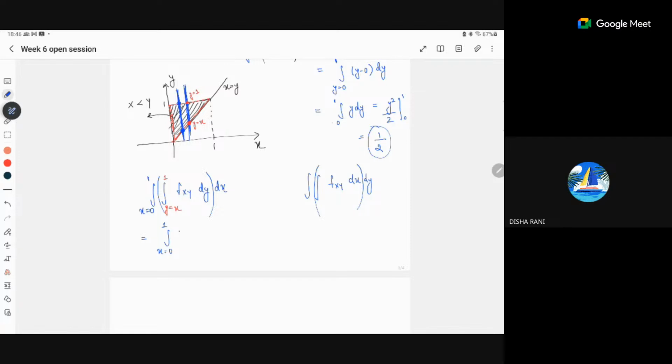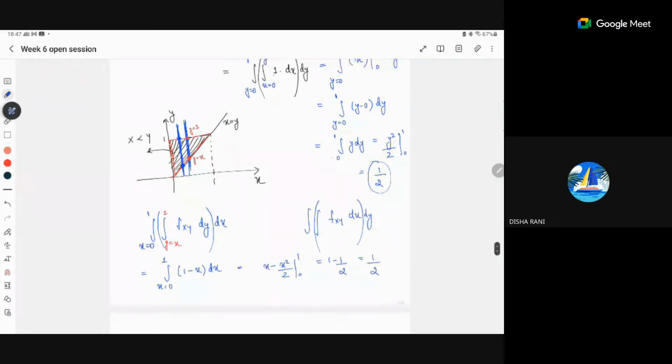Ma'am, this part could you please explain again? Which part? Ma'am, how to take a range for x is less than y. Hmm. See,